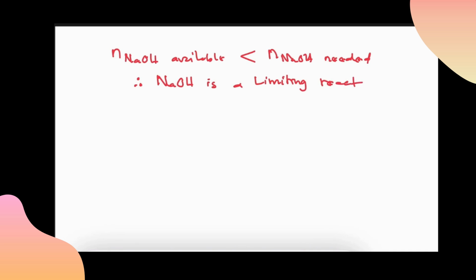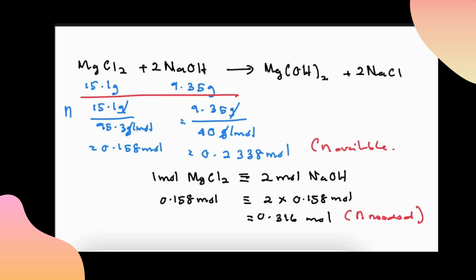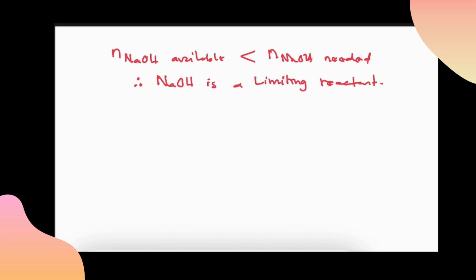So why do we need to determine the limiting reactant? Because we have the information for both reactants. Even though it is not mentioned in the question, you need to determine the limiting reactant. Once you determine the limiting reactant, we want to identify how many mole of product formed by comparing with the limiting reactant. So our next statement is 2 mole sodium hydroxide